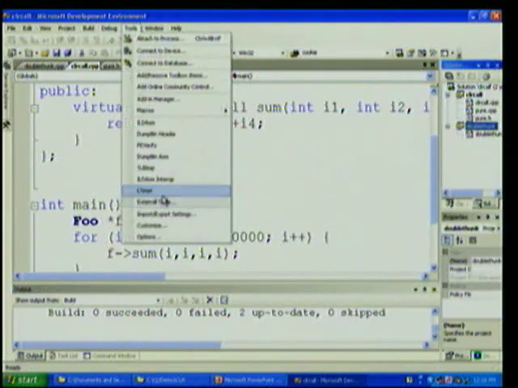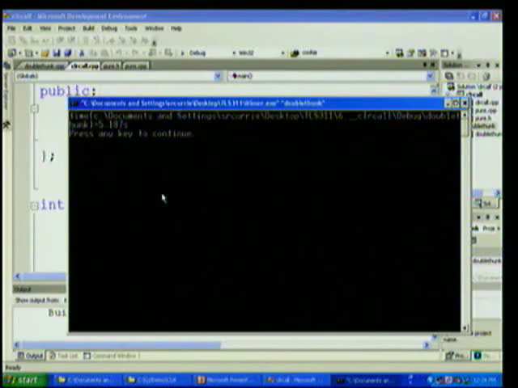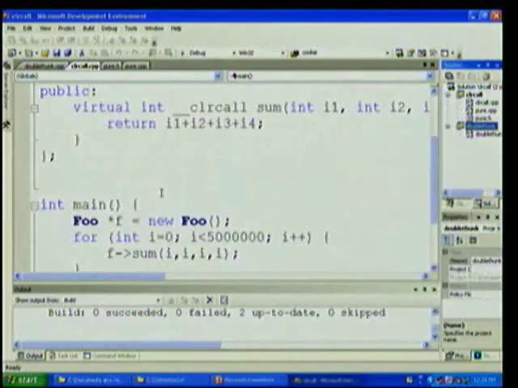Now keep in mind that this particular version of the toolset doesn't yet have an implementation for our auto double thunk elimination solution. So just this case will be quite a bit better in Whidbey. It's not going to be 5 seconds. It's going to be quite a bit faster than that. But at the same time,